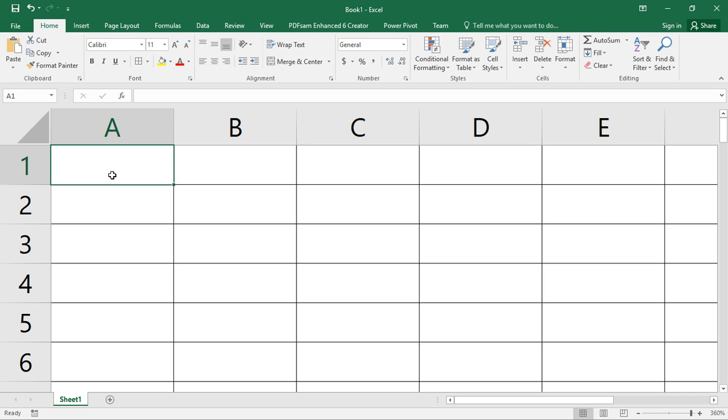Some might want to call them logical expressions or logical statements, and these are what I'm calling conditions.